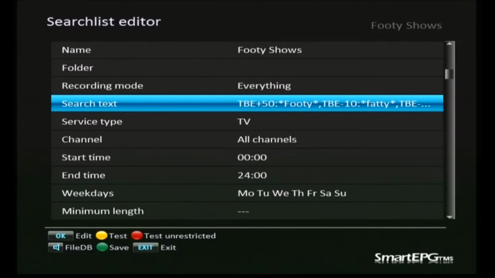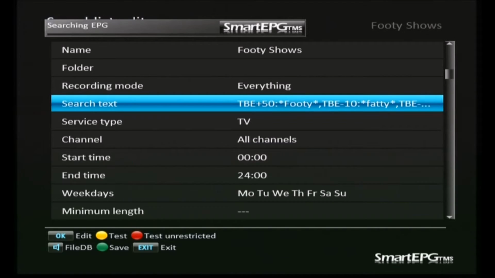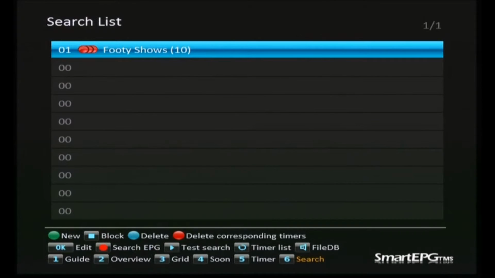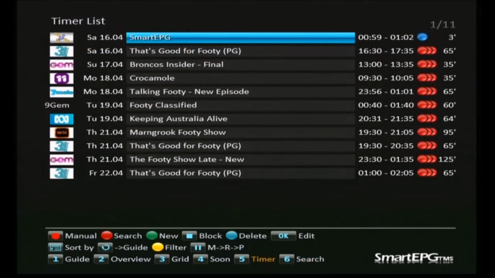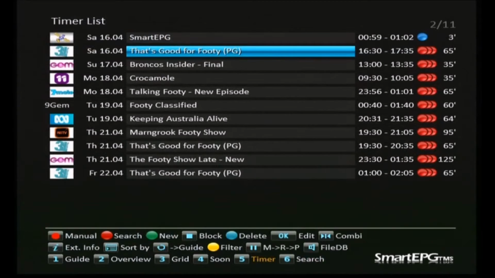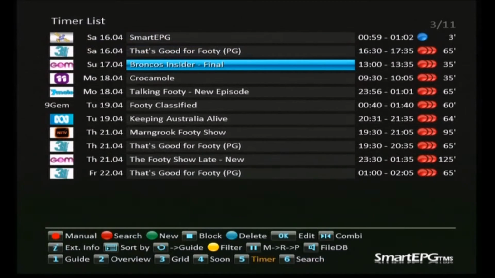Okay, we'll exit back out of that and press the green button to save that search. We've defined a few different things now, and we'll just see what SmartEPG comes up with when it runs the searches. So we'll press the green button and run the search, and now we're down to 10 timers that have been created. Let's have a look at them with the 5 button. So we've got that one on channel 31, that's an AFL show. We've got a Broncos one here that we'll need to get rid of next,